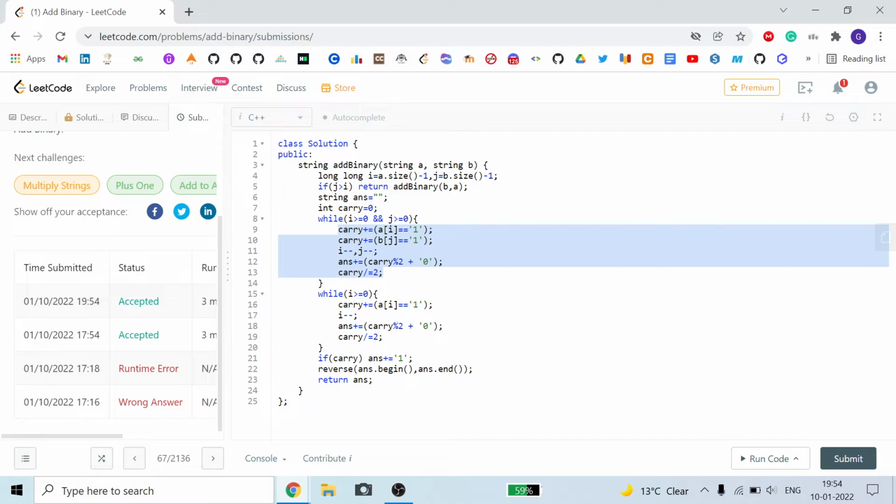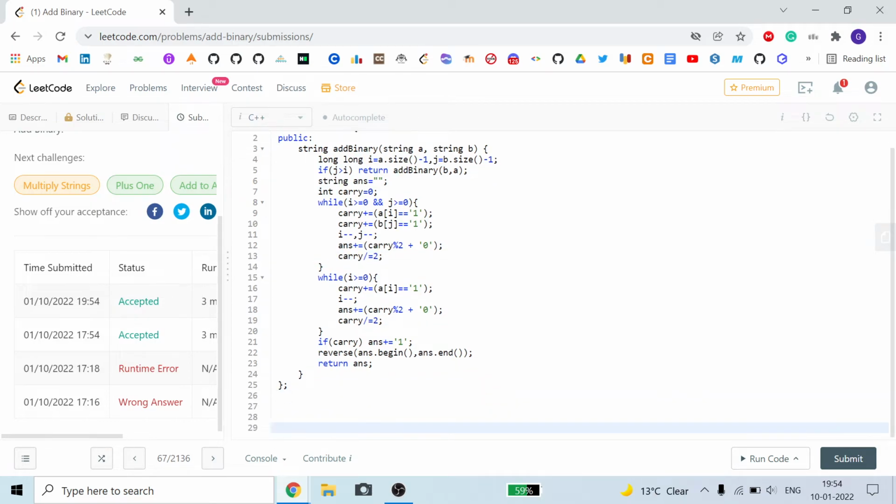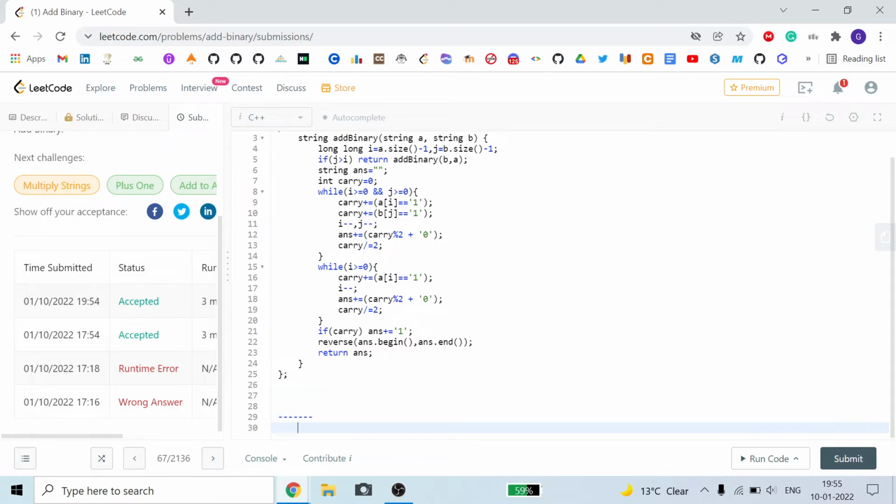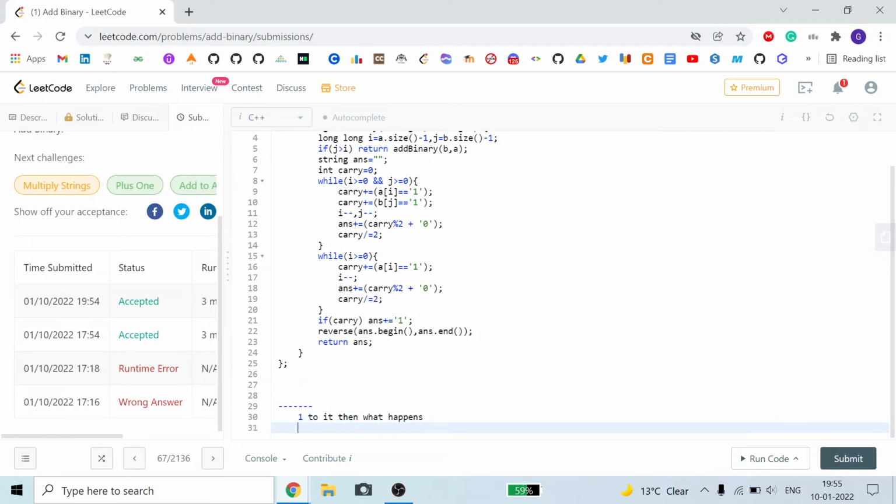If you know about one's complement or two's complement, then you should know what happens if we add 1. I am explaining here. If this is any binary number, then if we add 1 to it, what happens?